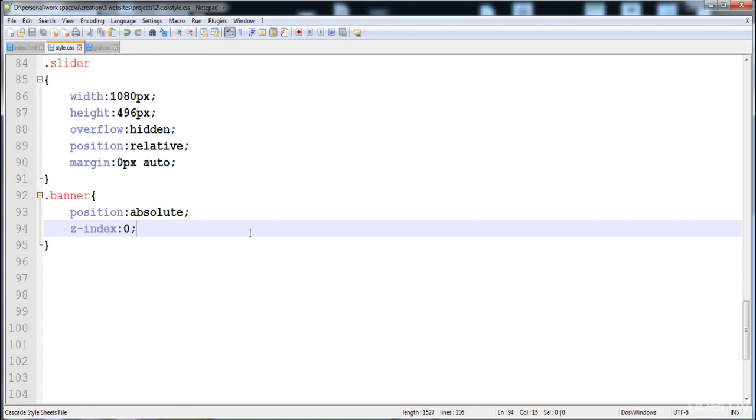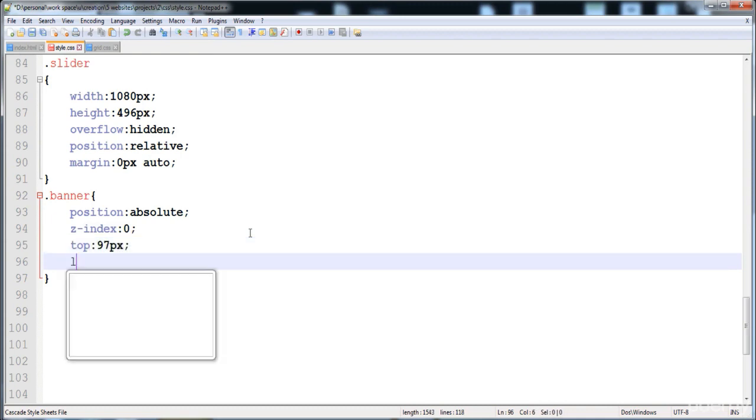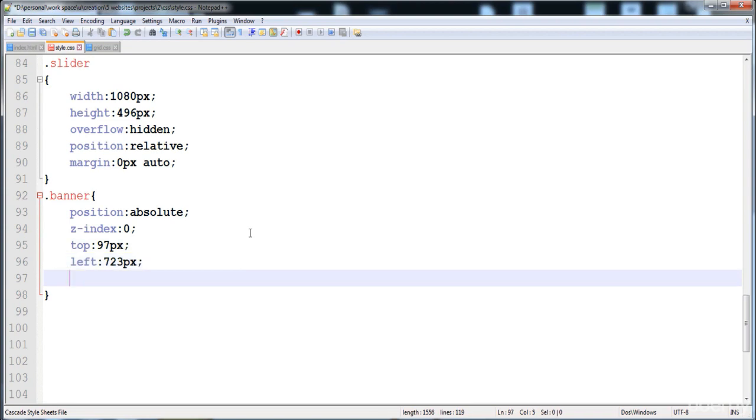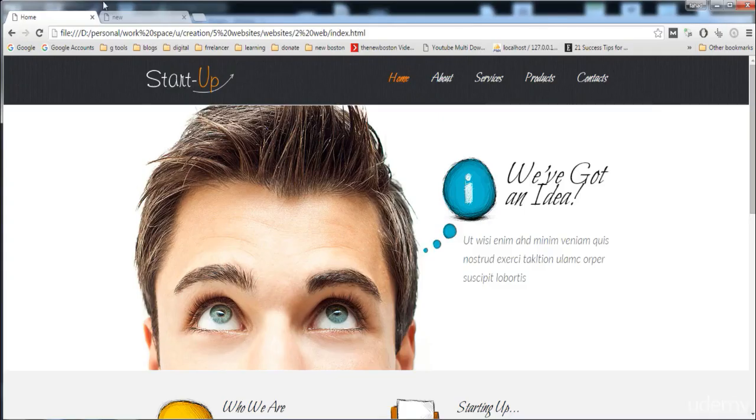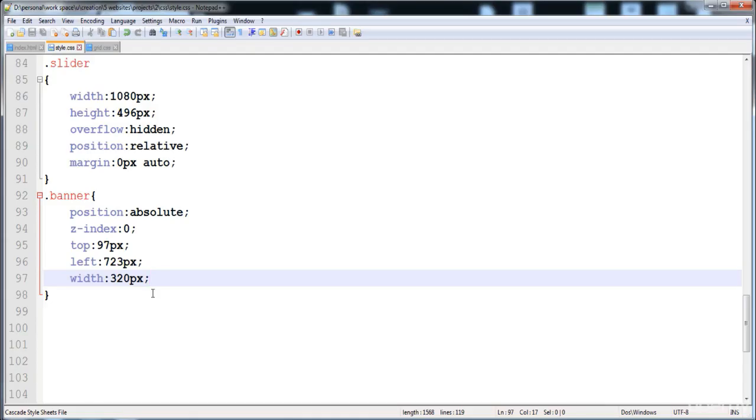And now I'm gonna give the position to this div, top 97 pixel, and the left side is 723 pixel, and then the width of this div is 320 pixel. And now it is on this side. Here you see that this text appears, and now I'm gonna adjust this text